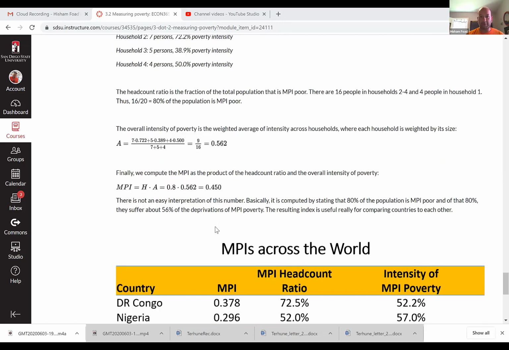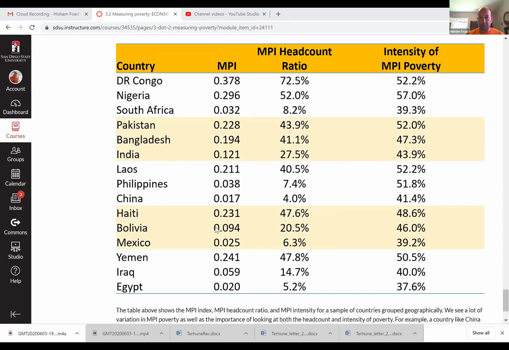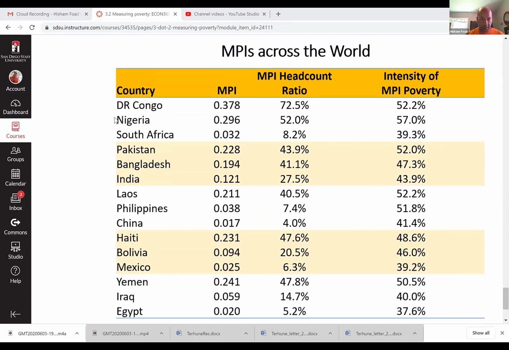So, for example, if we look at MPIs across the world, the Democratic Republic of Congo has, I think, amongst the worst levels of MPI poverty. About 72.5% of people in the Democratic Republic of Congo classify as MPI poor, meaning that they suffer from at least a third of the deprivations of poverty. And on average, those people